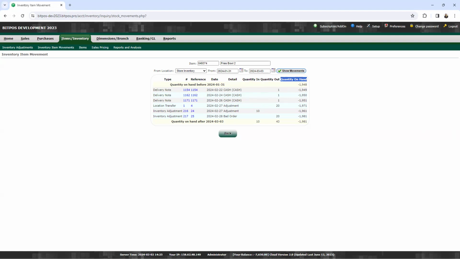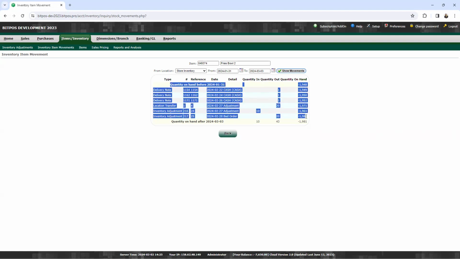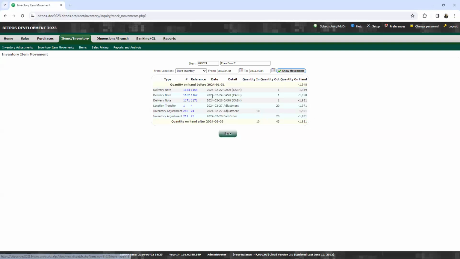So on the quantity on hand before 2024 January 31, this is the update. So the delivery note, the reference number, the date, the detail, the quantity in, the quantity out, and quantity on hand.